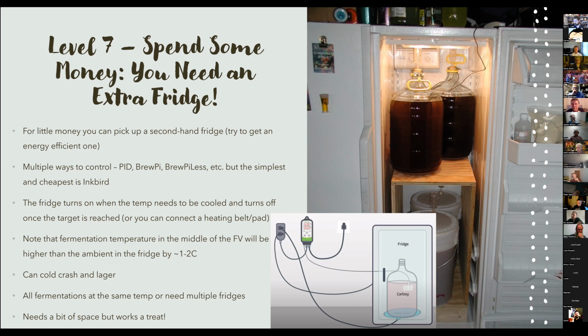There's a few other little gotchas as well, like if you want to drill holes in it, because otherwise you end up having the door slightly ajar. I have a big blow off tube that I've put into a corny keg so I can flush it with CO2, but having a half-inch silicone hose poking out of your fridge door isn't that convenient. And if you want to do a stepped fermentation where the temperature is increasing, you need to think about how to do that carefully: do you keep the door open for a bit, or turn the heater on? Particularly, I've noticed with the Inkbirds, they tend to